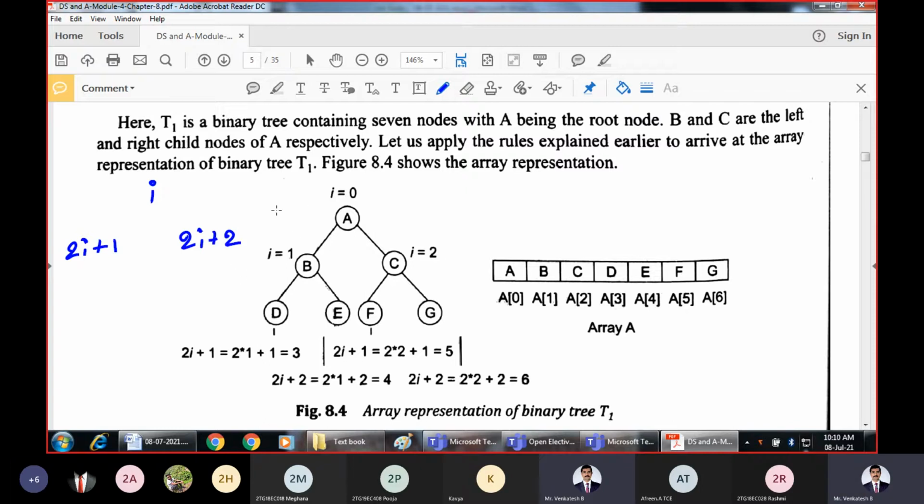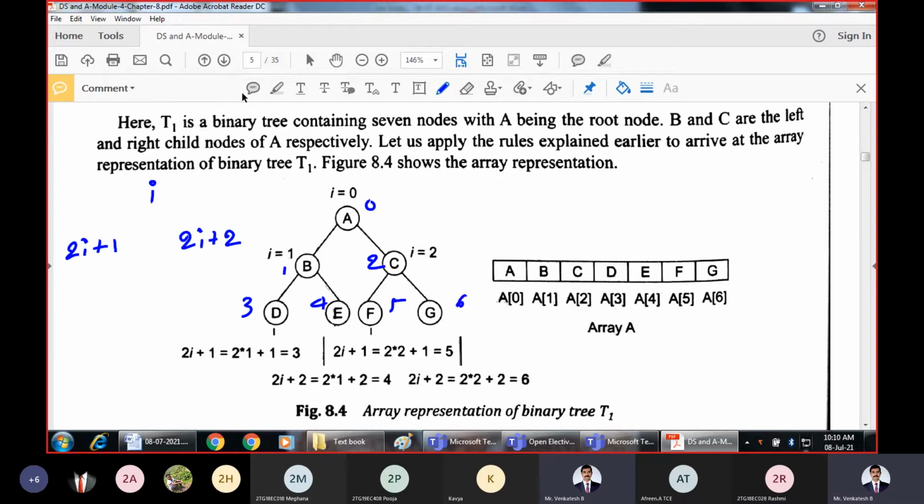In other words, whatever the tree could be, you go on labeling all the nodes from left to right, from top to bottom. That is the simple technique. That means you label this with 0, then this with 1, 2, then 3, 4, 5, 6.